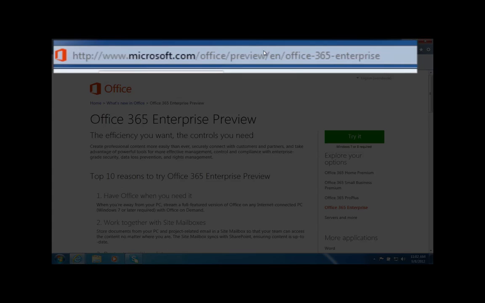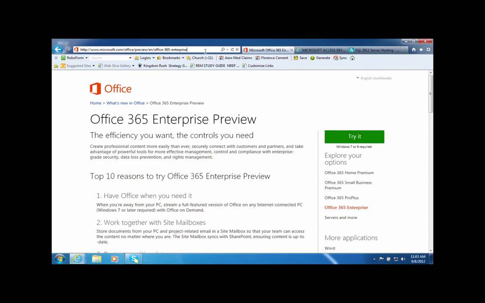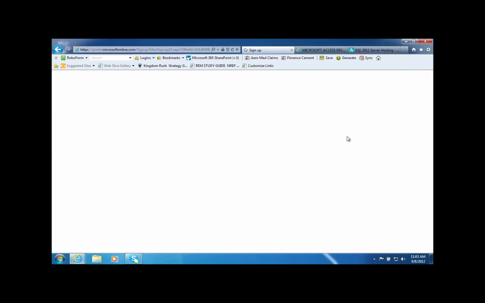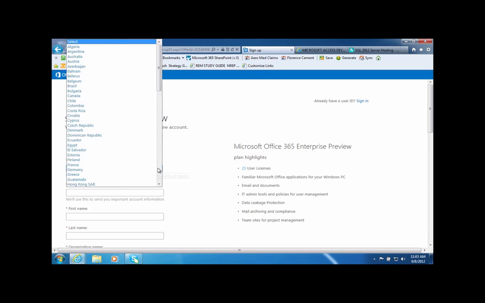Now to start, you want to go to this URL that I'm highlighting here. And once you get there, I want you to click on the Try button here. Now, the reason you want to do the Enterprise is because it comes with the SharePoint Online trial. If you do another version, you'll have a problem. So I'm going to pick my country here